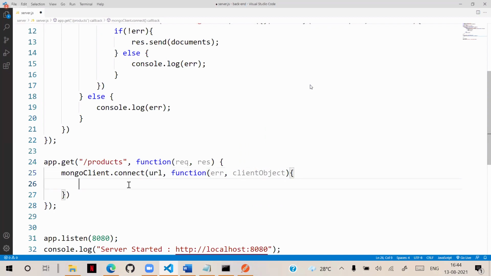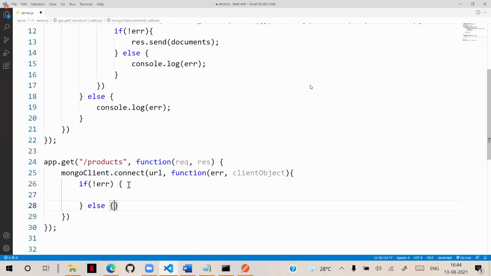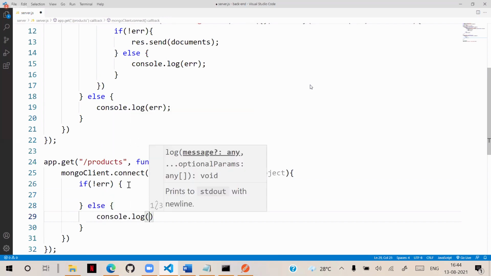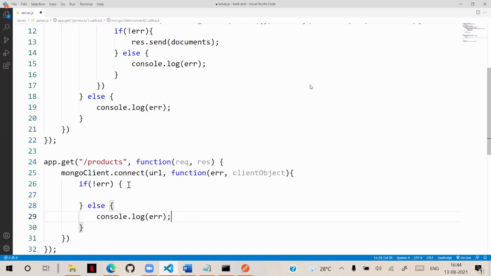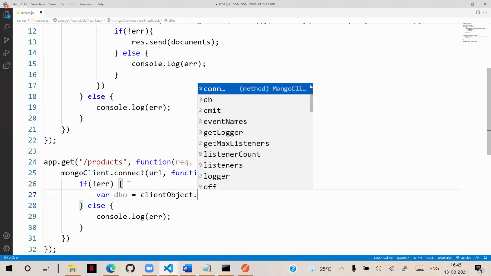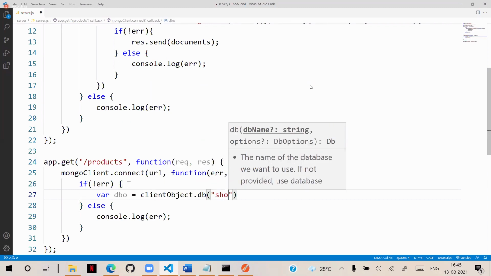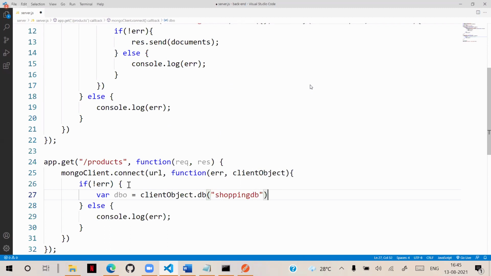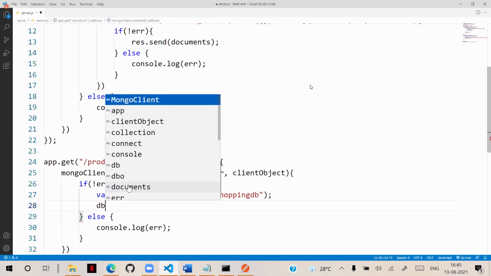And here, if there is no error, and if there is an error, it should return that error, console.log error. If there is no error, what it has to do is create a database object. So here we need to create the client object .db and access the database called shoppingDB. In this shoppingDB, we are using the database object dbo